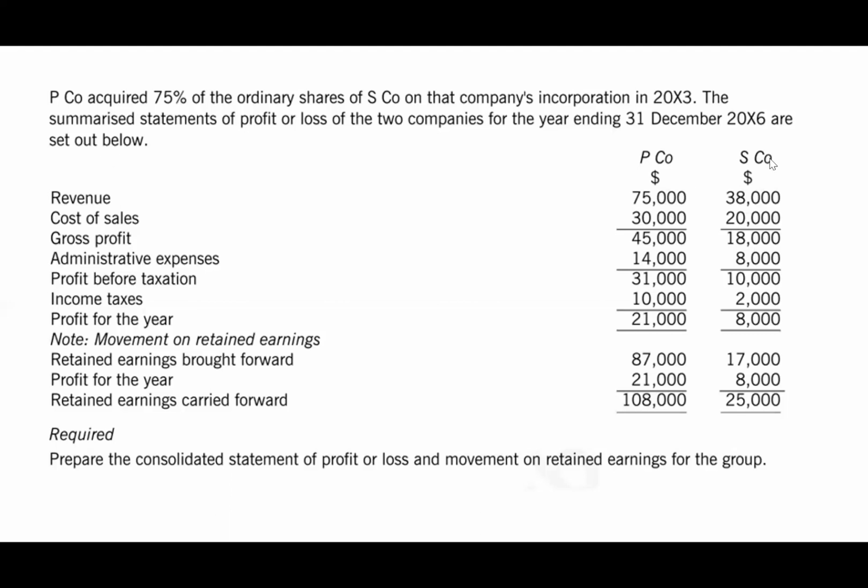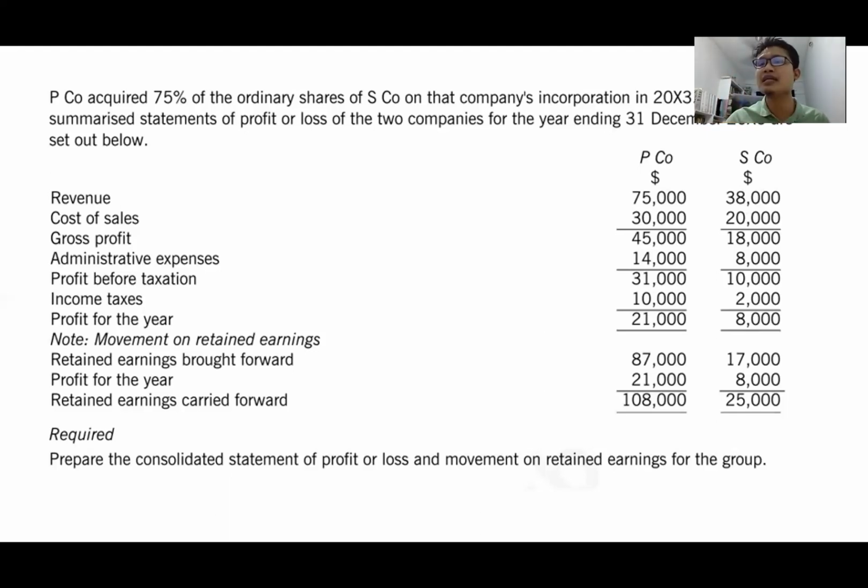You can see these are actually two separate individual accounts: the P&L, profit and loss, for PICO and for ESCO. We put them side by side because we want to consolidate them. These two columns will become one. That's why we call it consolidated. When we consolidate, it is as though the two accounts become one,